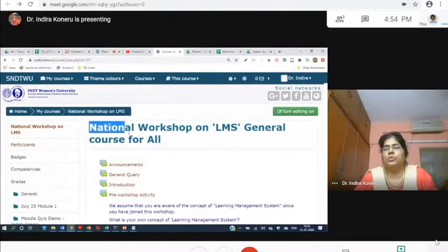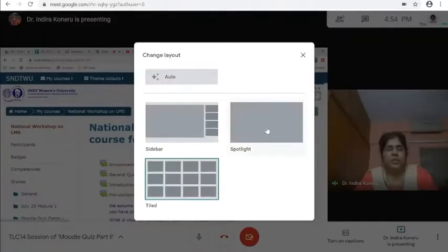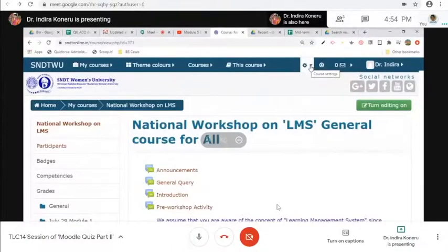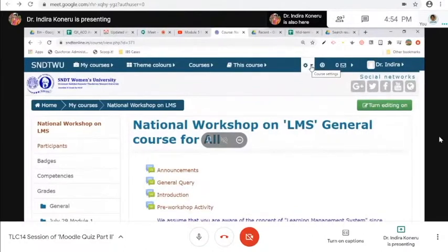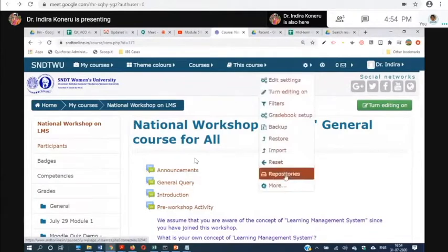So what we are trying to do, first we wanted to create the categories. For that, go to the course settings, or in the newest Moodle version, you will be seeing an actions menu. Again, it depends on the theme that you have. So we need to click on more. I'm clicking on this.